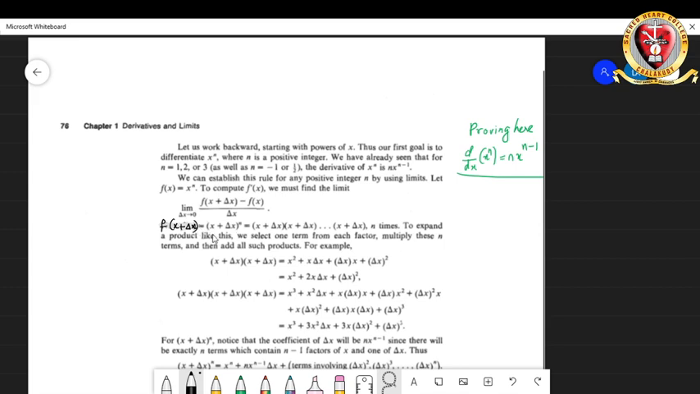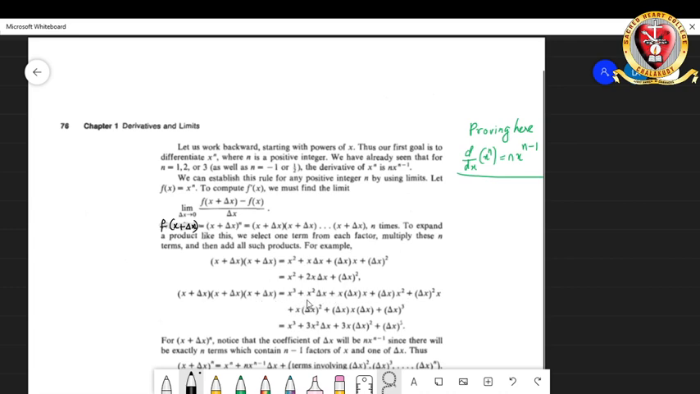When we calculate, you get x plus delta x the whole raised to n, which is equal to x plus delta x into x plus delta x and so on, n times, right? So we have to know the expansion of this product. Suppose you take two of them: x plus delta x into x plus delta x. You get x square plus 2x into delta x plus delta x the whole square. And if you take the product of three of them, x plus delta x into x plus delta x into x plus delta x,